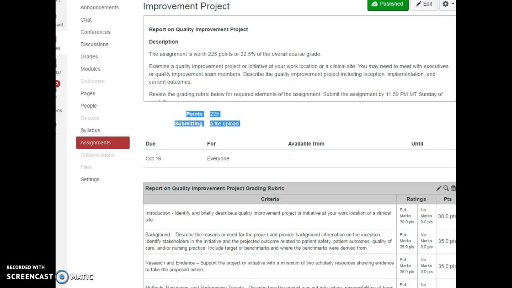So this assignment is worth 222 points, which is a sizable chunk of your grade. So I do want you to do well. And what you're going to do is look at a quality improvement project or initiative. If you are working, you can use that location. If you can access a past clinical site,